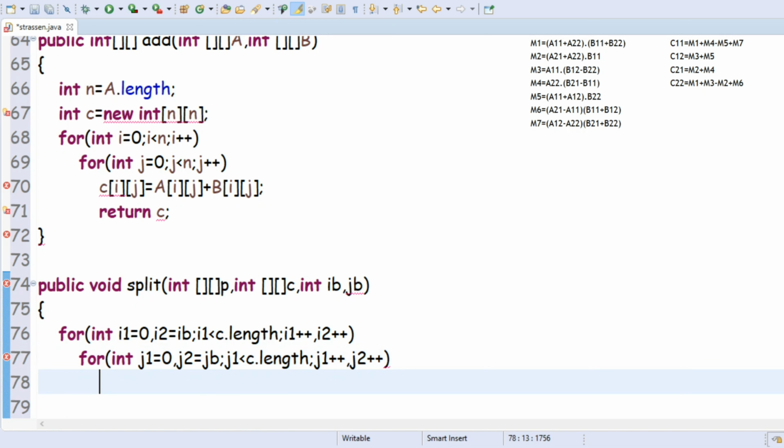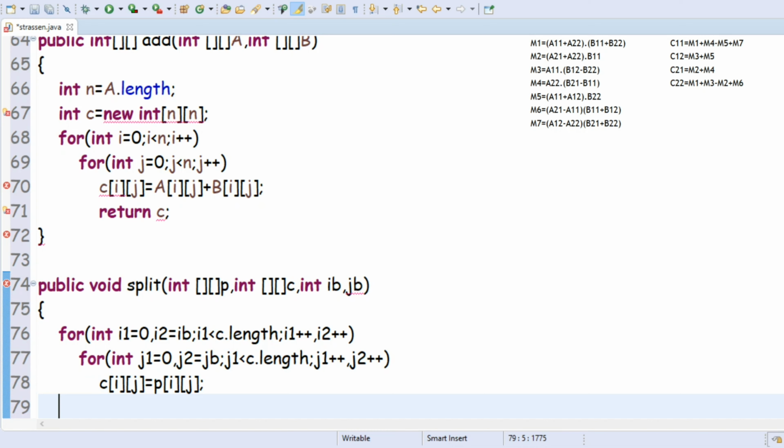So this result will be copied to c of i j equals p of i j. So c represents the child node and p represents the parent node.